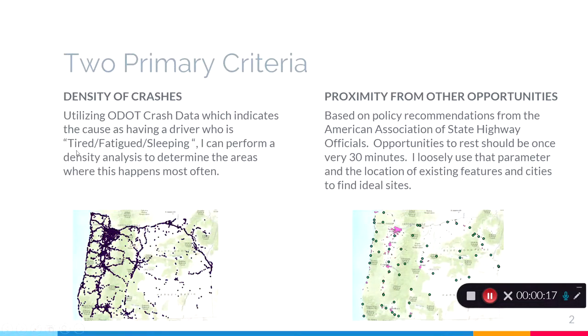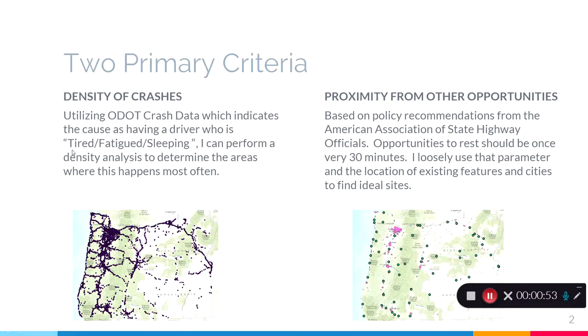My project is basically a set of analyses that determine an area where the construction of a new rest stop would be beneficial. Beneficial in that it would be put in place of someplace that has a high density of crashes involving tired, fatigued, and sleeping drivers, and that it would not be in close proximity to an already existing feature. With that density of crashes, the crashes I used were coded with a cause code representing that crash